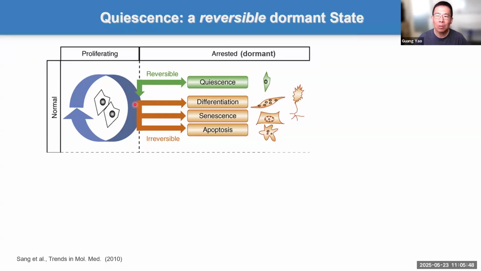So cells can go into quiescence, i.e. dormancy, from the cell cycle, and they can return when there are proper growth signals. The other states are irreversible. They are dormant, at least for now, especially the differentiation. In this context, we mean terminal differentiation or senescence. Cells go into this dormancy, but there's no way they can return, at least in a normal physiological state. So it's irreversible.